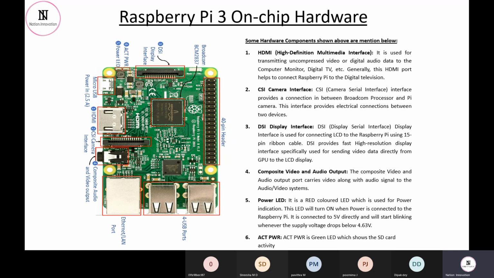For Arduino, it can work from 0.5 amperes up to 2 amperes. But in case of Raspberry Pi, we require an exact 2.5 amperes. Nothing less than that and nothing more than 2.75, otherwise it is going to burn out. Below 2 amperes, it will not start up. From 2 to 2.5 amperes, it will work in a quite good range. But 2.5 is what is required for proper and long-lasting functionality of the Raspberry Pi.